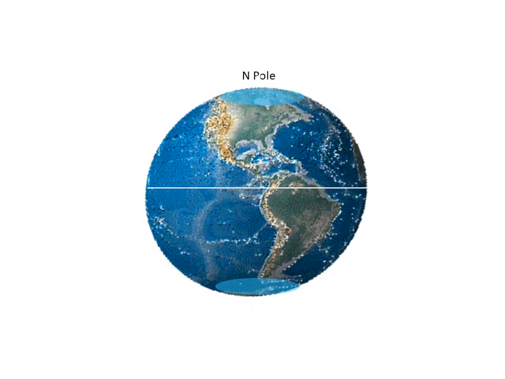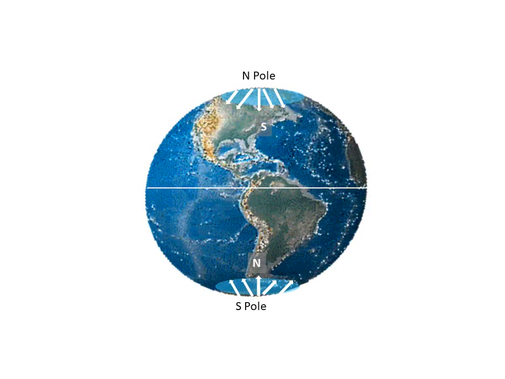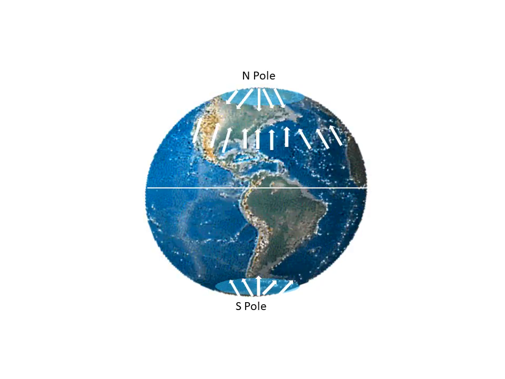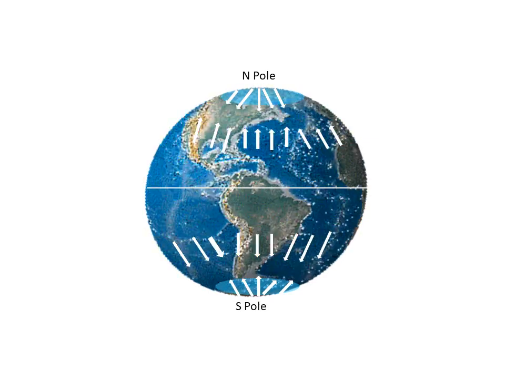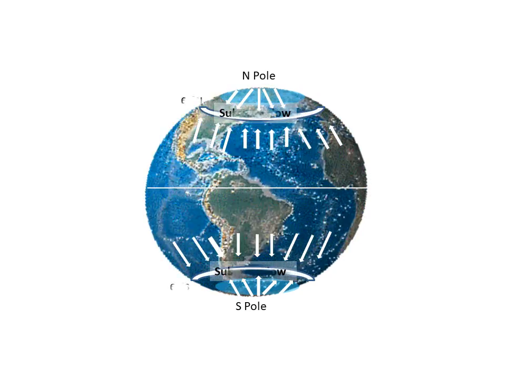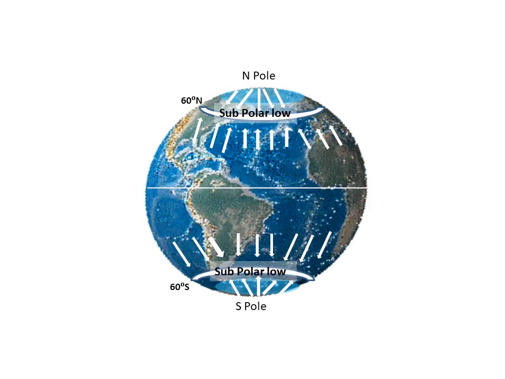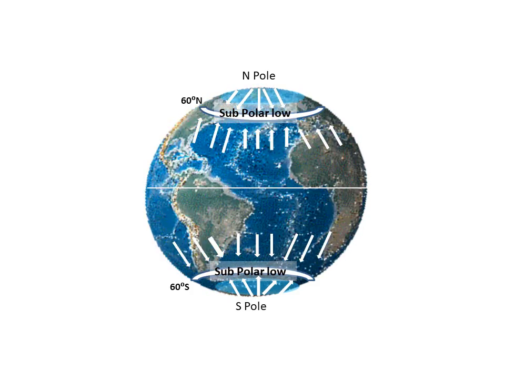At the polar region, in the northern hemisphere, the air moves towards the south, and in the southern hemisphere, the air moves towards the north. At this point, we have air coming from north and south. So here, the air converges and rises up. These regions are known as subpolar lows. So at 60 degrees latitude, we have a low pressure system because we have rising air.